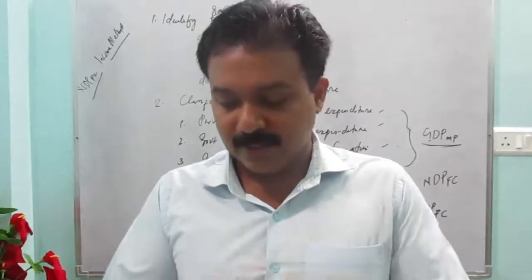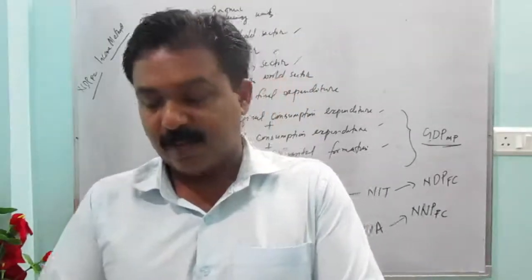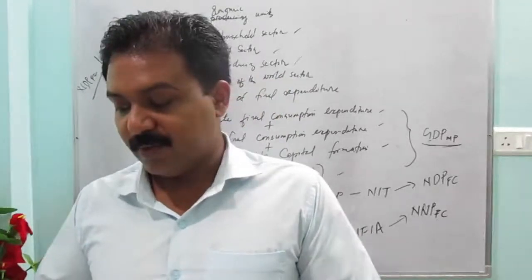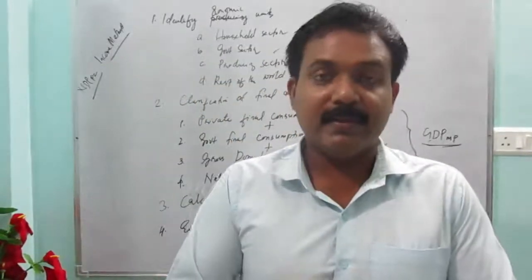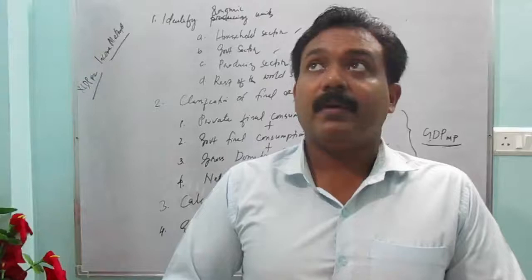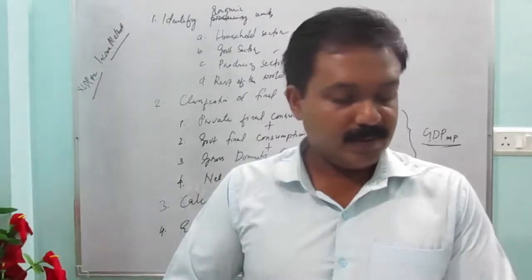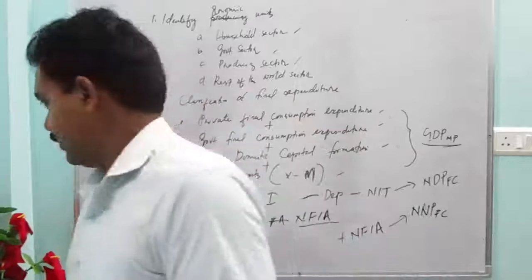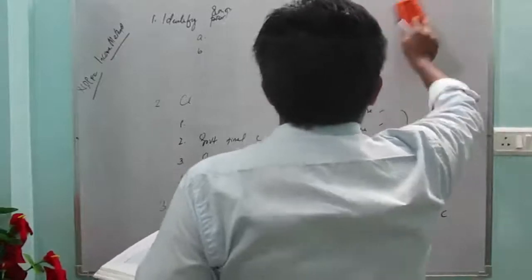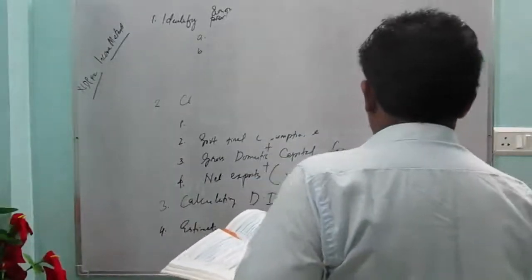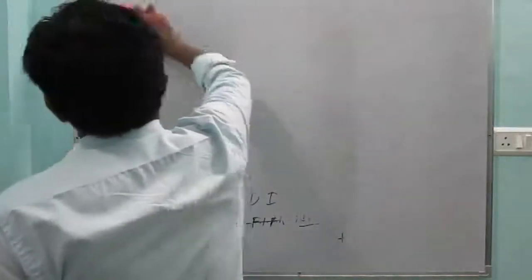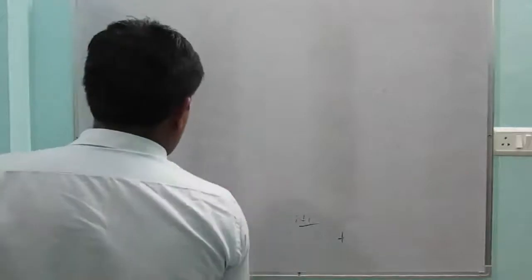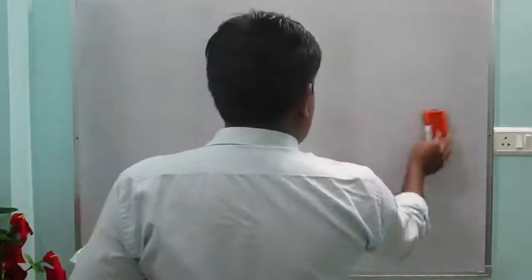Now the reconciliation of three methods is given there. Have you seen that? Before going to that, first we will see a numerical on the expenditure method. It is simple. If you pay good attention to it, it is not going to be tough at all. You are going to do it so easily.